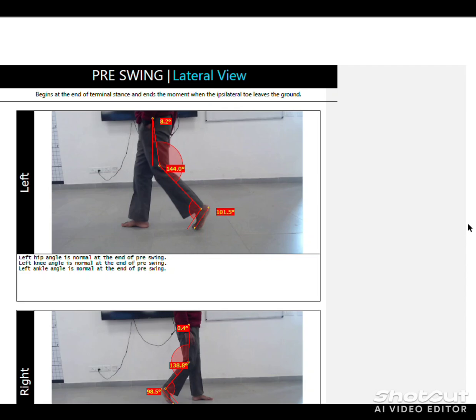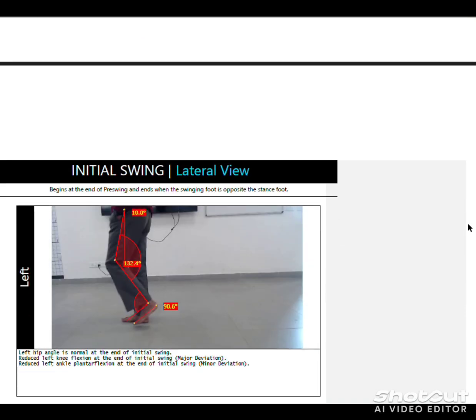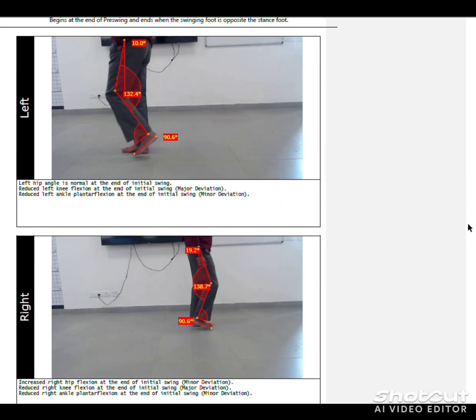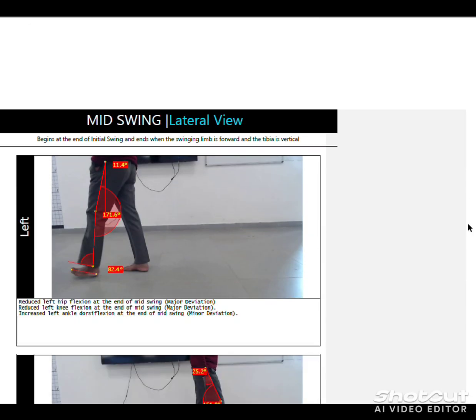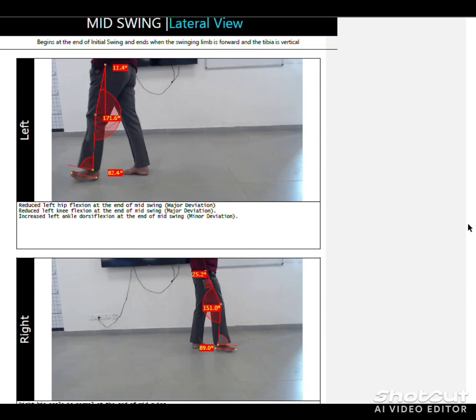And now we start pre-swing lateral view, left and right. This is the initial swing lateral view, left and right. And this one is your mid swing lateral view, left and right.